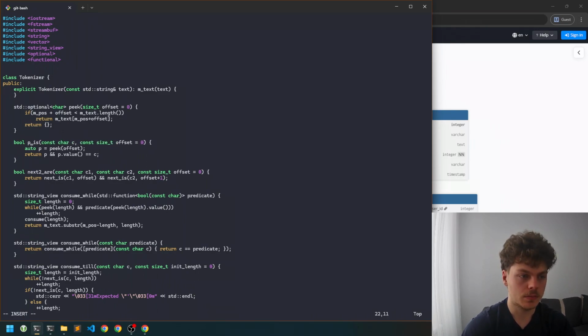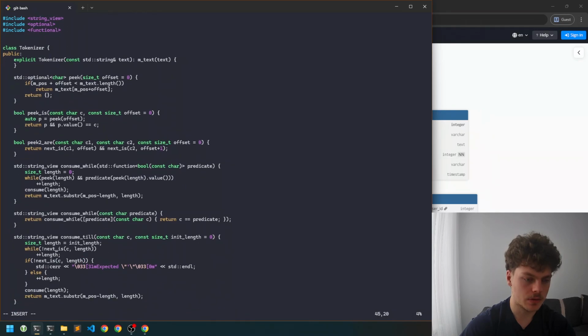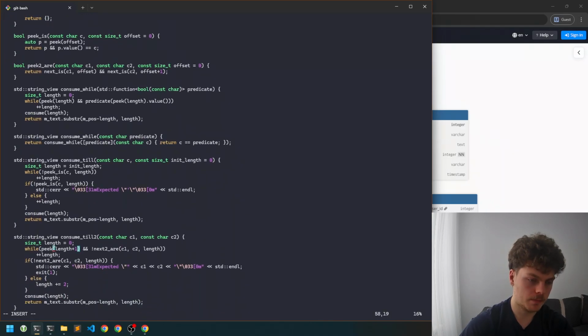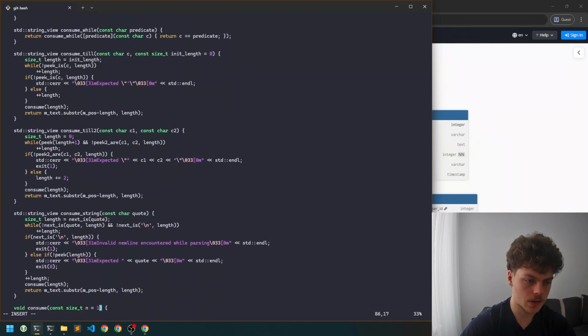So I would rename nextIs to peekIs and next to peek, and rename all the usages here and in here. Yes, and